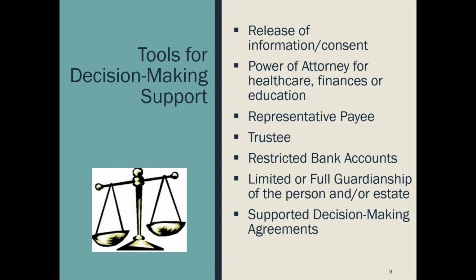And then, as we go through the list of options, guardianship is the most consequential in terms of the impact on that person's right to make their own decisions, and the designation of other people to have the right to do that. The last one I want to spend a little bit of time on is what are called supported decision-making agreements. So has anybody heard of those?